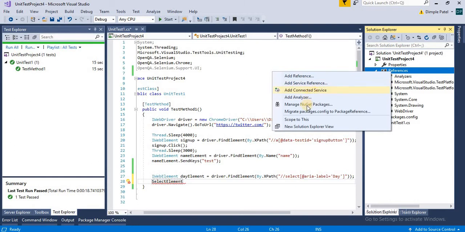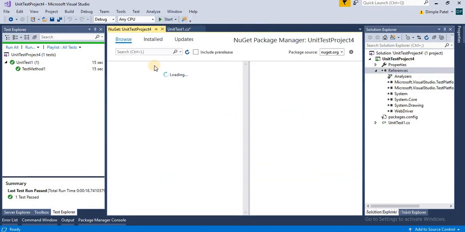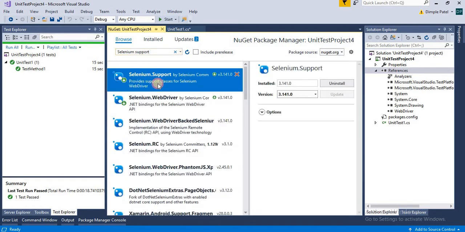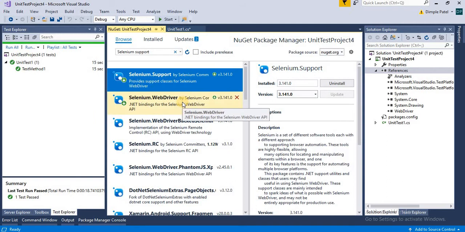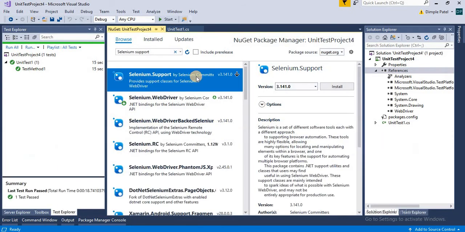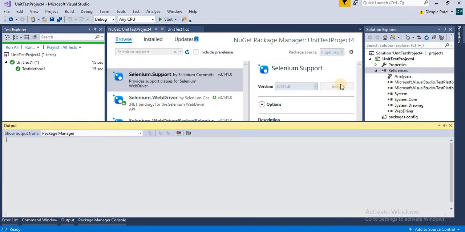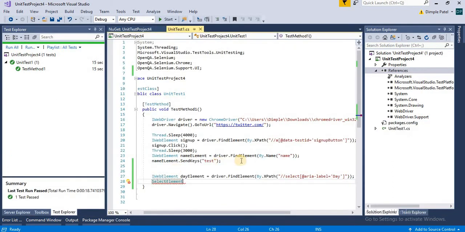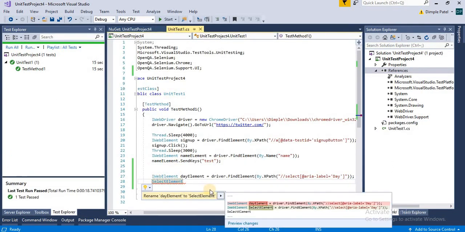In Java, when you add the Selenium jar file, it automatically supports the references of all these things, but for Visual Studio you have to explicitly add Selenium support, which is this. I have already installed WebDriver. I don't know why it is saying uninstall. Then let me install it and go back to our class and try to see.